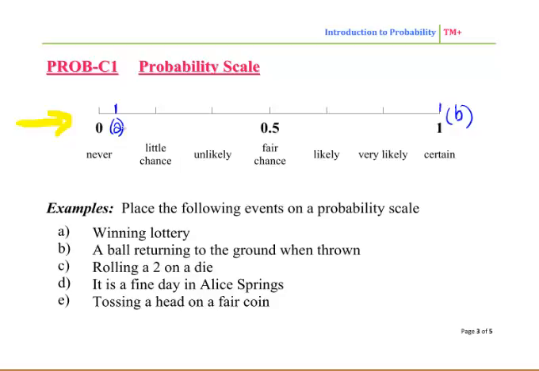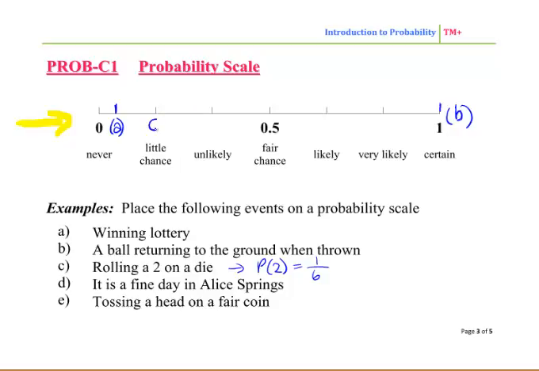Rolling a 2 on a die. Well, the probability of rolling a 2 is 1 in 6. There's a 1 in 6 chance of that happening. If we look at our scale here, this is 0.5, so that means 0.25 must be about there. Actually, there's an even easier way to see this. You can see that I've split it into 6: 1, 2, 3, 4, 5, 6. So 1/6